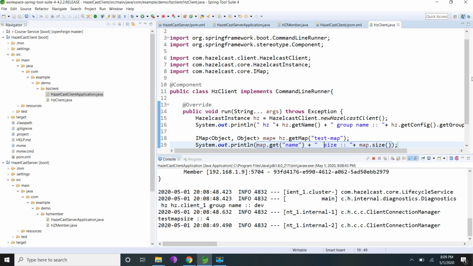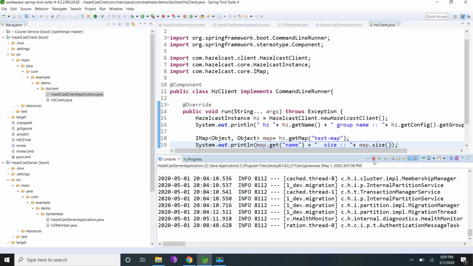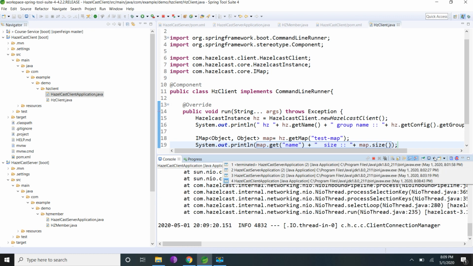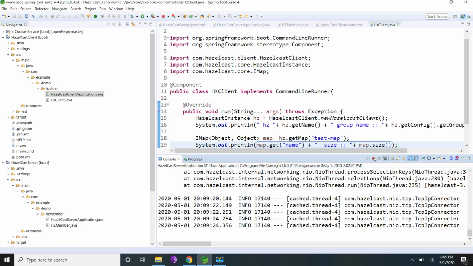So it's very easy, we just have to add the dependency and we should be able to get either a member or a Hazelcast client. What I'll do, I'll disconnect all the clients except one client. I'll disconnect one more client.